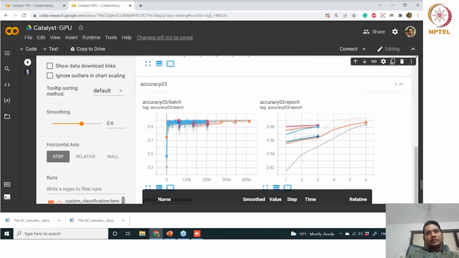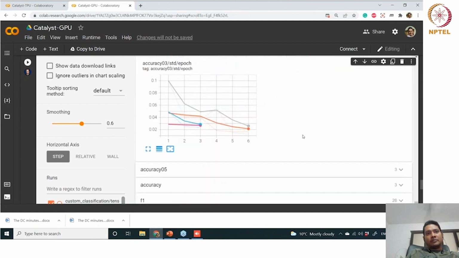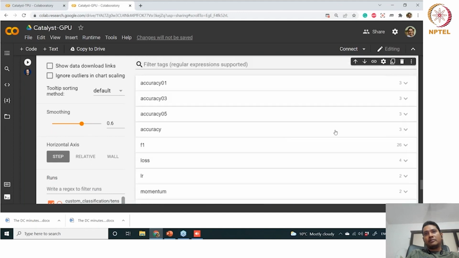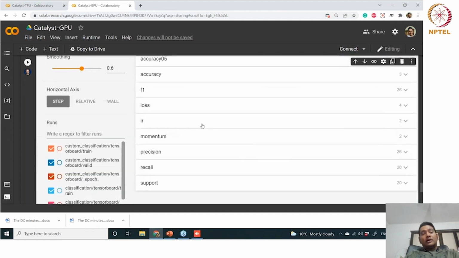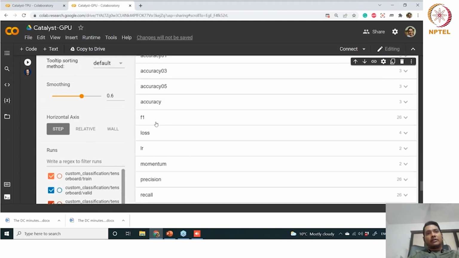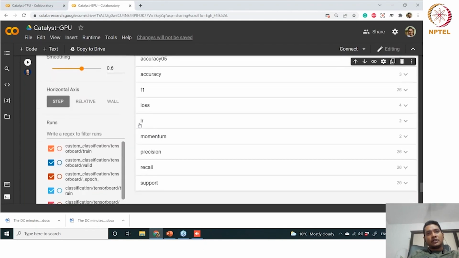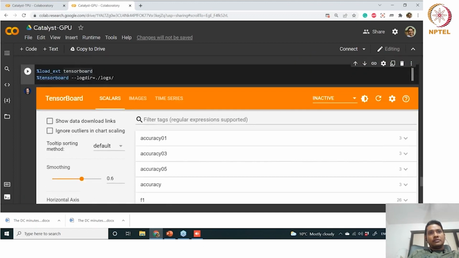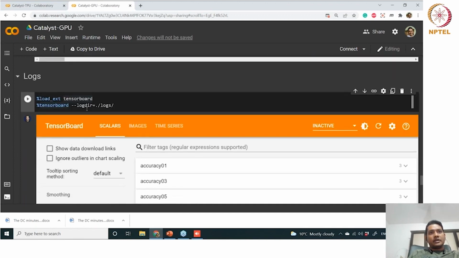You can see that for all the different parameters, everything has been checkpointed here: accuracy, F1 score, loss, your learning rate, momentum, precision, recall, support. You can debug it and see what kind of analysis it can do.